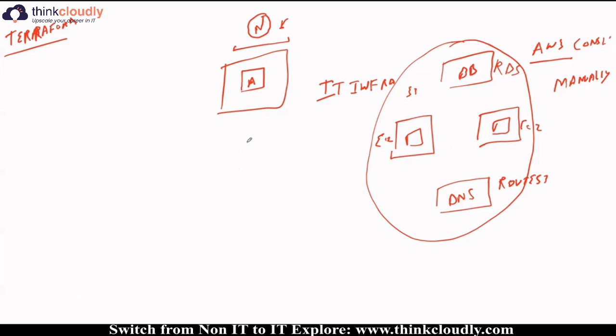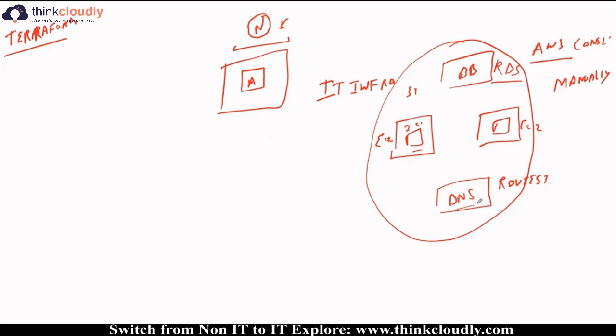Okay, I'm taking you through the scenario. Now let's imagine that to create this EC2 instance, I used some configuration. I basically used maybe 2 GB of RAM. I gave some name to it. And for creating RDS, I basically used some password and some username to log in into RDS. For DNS, I used some other configuration. Now, when I went and I created all these components,